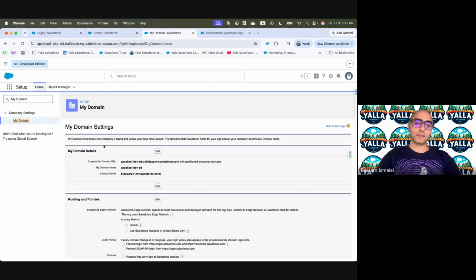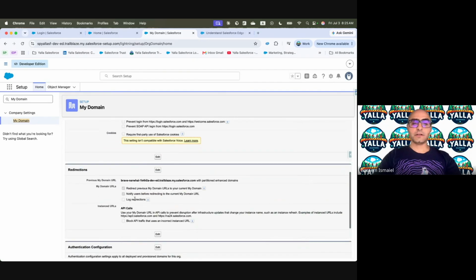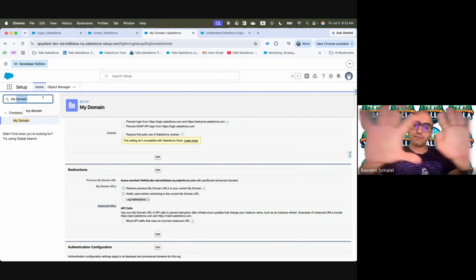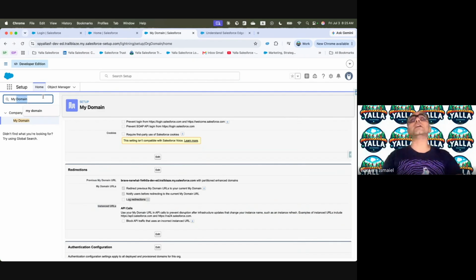Now, going on into My Domain. Within My Domain as well, there is an option in here, says log redirections. So if I want to track who is still using the old URL, and who is still having this redirection experience, there is an application within Salesforce called event monitoring. Event monitoring is tracking a lot of things, a lot of events.